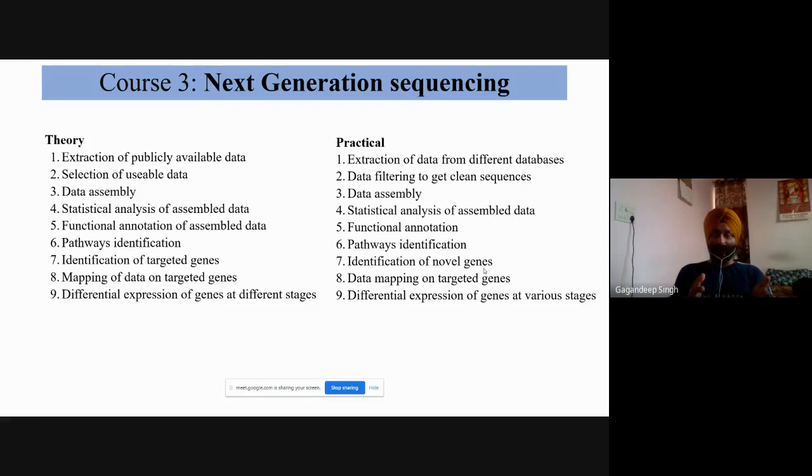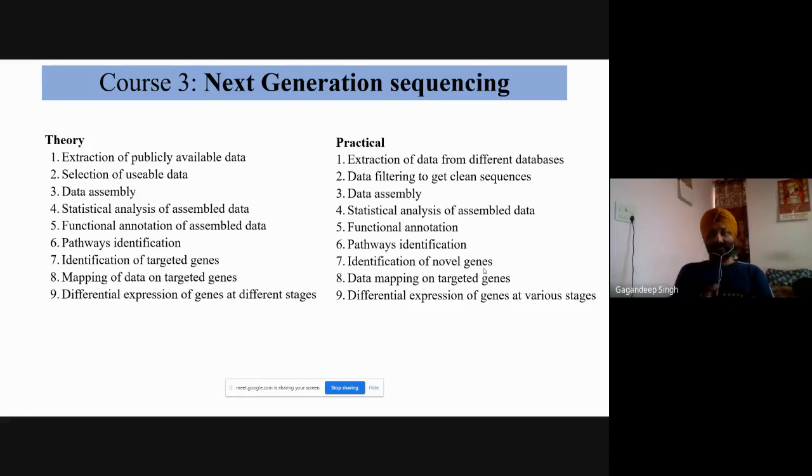For example, I have worked on tea. What are the regions where tea plant is available? I have selected those particular regions, and I have tried to analyze all dynamics of that tea, and then tried to analyze whole data from genome to transcriptome to microRNAs, long non-coding RNAs, to SNPs, to SSRs. This is basically big data analysis, from assembly to annotation to identification of pathways, and finally identification of some genes.